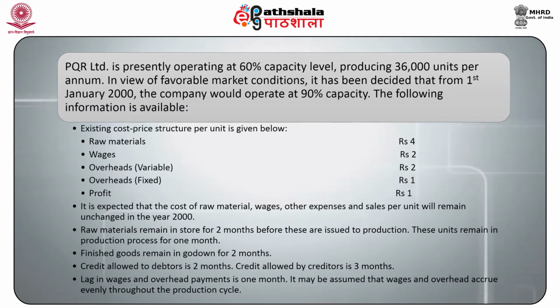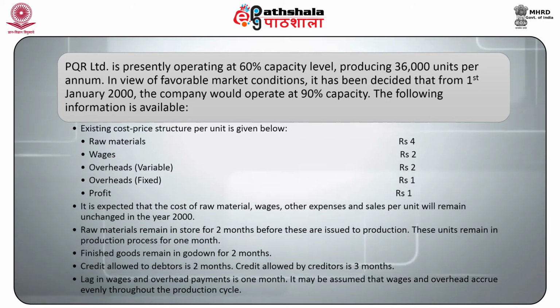The next illustration. PQR Limited is presently operating at 60% capacity level, producing 36,000 units per annum. In view of favorable market conditions, it has been decided that from 1st January 2000, the company would operate at 90% capacity. The following information is available to us, in which the existing cost price structure per unit is given, which includes the raw materials, the wages, the overhead which is variable, the overhead which is fixed, and the total profit. It is expected that the cost of raw material, wages, other expenses and sales per unit will remain unchanged